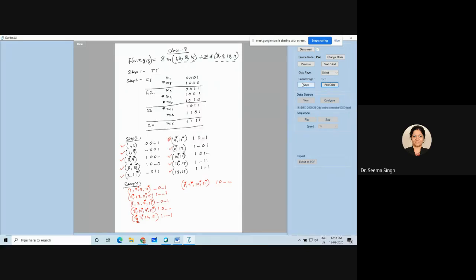Now you have to look into each term of step 4. Now what you can see in step 4, there are two terms of 8, 9, 10, 11, which I will show you here. You can see 8, 10, 9, 11. This has all the don't cares, as well as this 8, 9, 10, 11 also has all the don't cares. So what will happen? We will be dropping it. So I am putting a cross in front of it. We are dropping this. Okay.